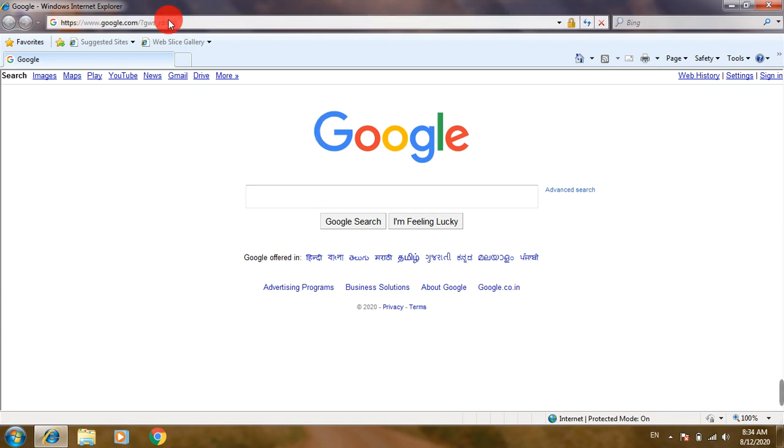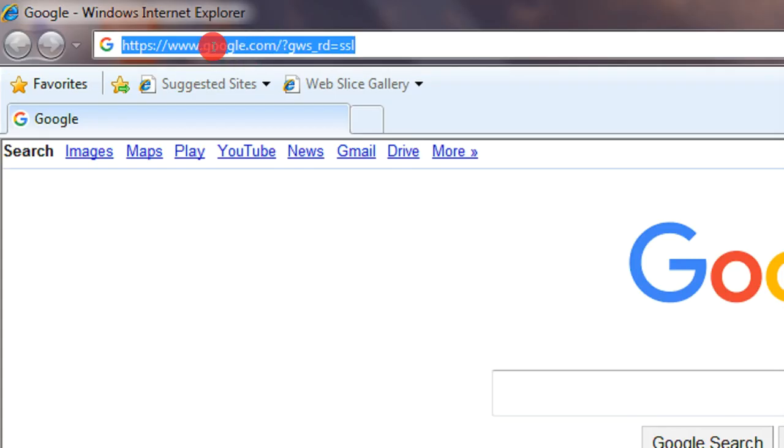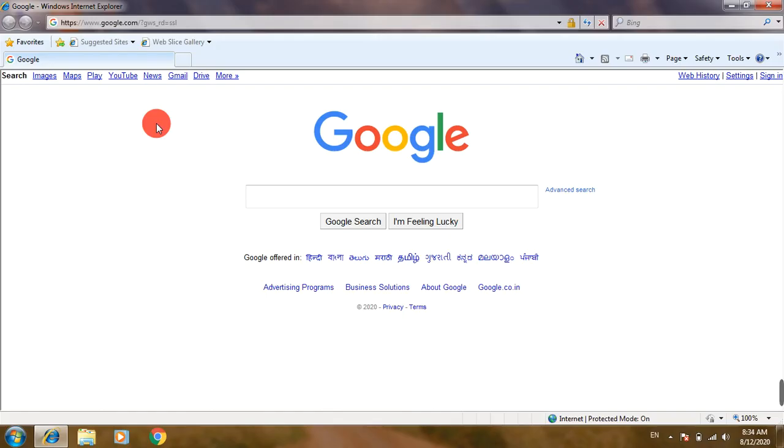You can see the address of Google, www.google.com, and here this is HTTPS. It is one of the protocols followed while opening this web page.